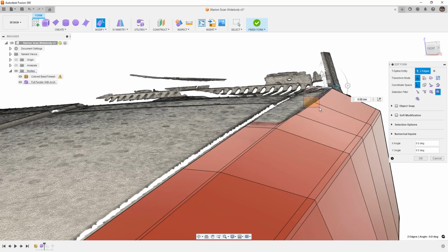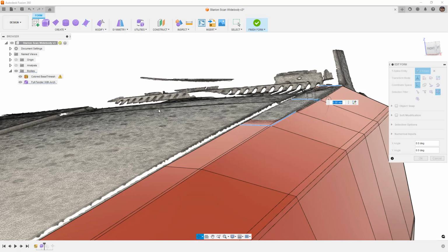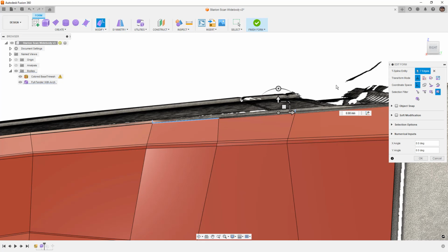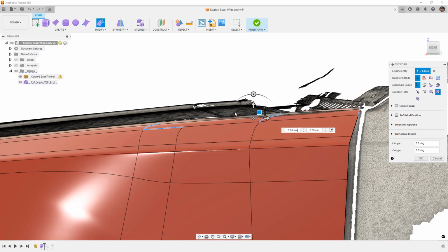So we've got to make sure that things like these T-points are going. We can move entire faces if we want to. Let's go ahead and hide the mesh for a second. So we want to make sure that, for example, we bring all of these elements up. Here we've got the vertices on either end of this line, so the whole line will go up. But I'm going to go to a right side view, and I'm just going to pull this up a little bit. And as I do this, I'm going to toggle back and forth between smooth and box display. And we can see that it's pulling it up,